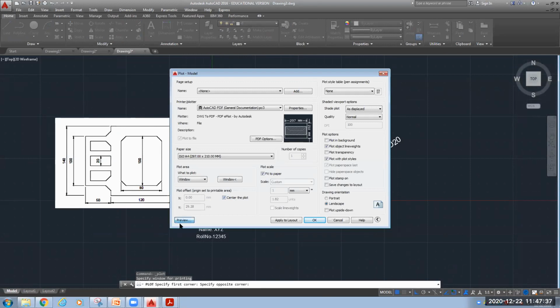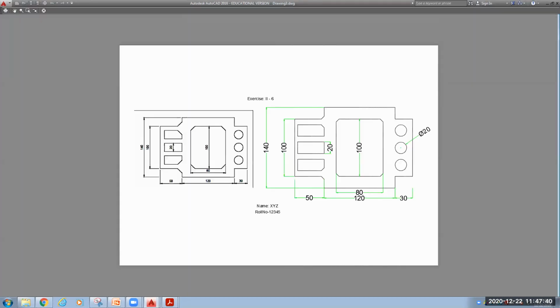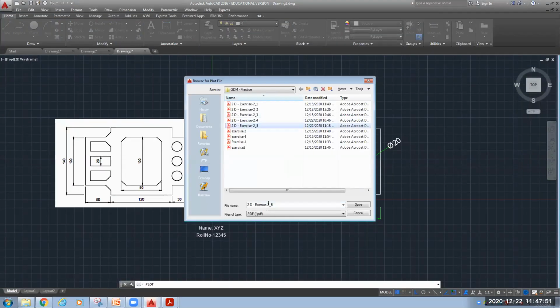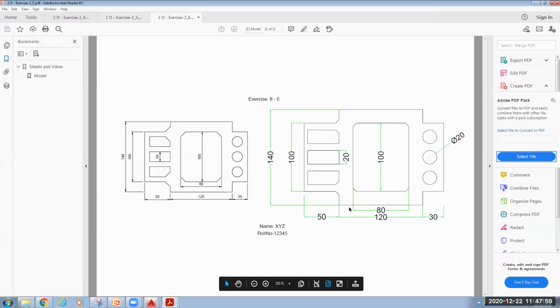Center the plot, preview. This is what we have drawn. This was the figure and this is what you have drawn using your AutoCAD software. Now, if it is fine, you plot it and save it as exercise number 2, drawing number 6. So this is the PDF version that you will obtain. You can take the printout of this from any printer or cyber cafe.